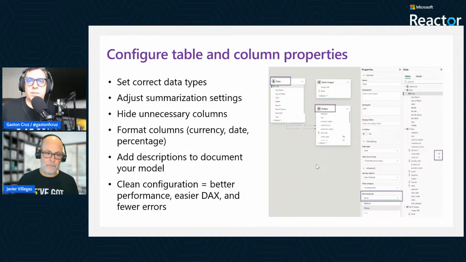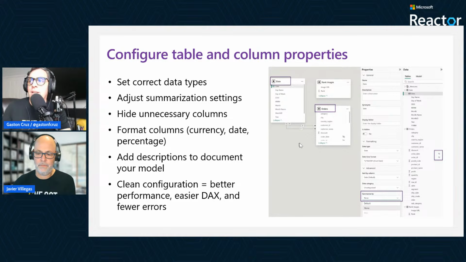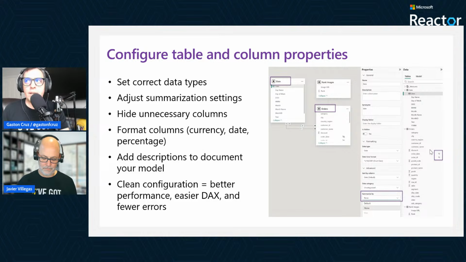Exactly. And there's a couple of tips and tricks that you can play around with in the model as well. On the right you can see these kind of icons that you showed in the order date and order ID. What this means, those icons, is that you can hide unnecessary columns from the business user. So you don't need all the columns to show up in the model itself. You can hide some of those columns because it could be confusing having a bunch of tables with a bunch of columns and you expose everything to the business user. So try to expose only what you need.